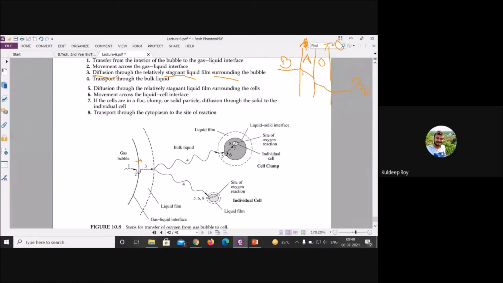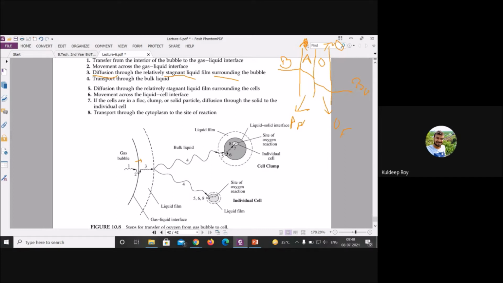These are the gradients. This is your aqueous film, I am writing AF, and this is your organic phase film. Now see carefully. We have discussed that here will be turbulence. This particular region will be turbulence, but here diffusion will occur. It means the transport of species from this aqueous film to the organic film will be by diffusion only. By diffusion, the transport of the species will occur from this region to this region.